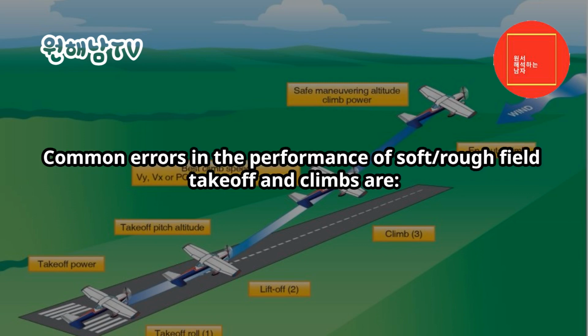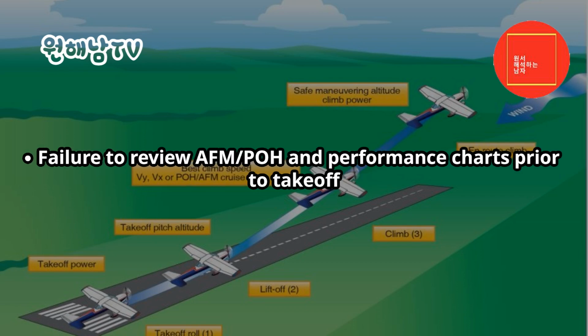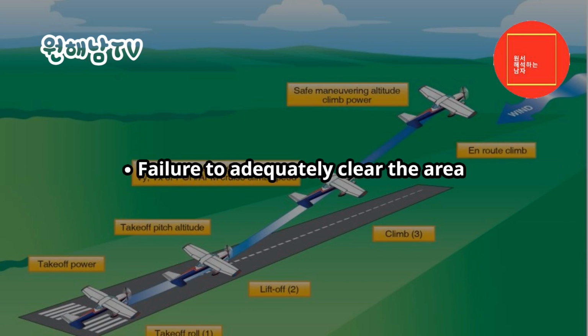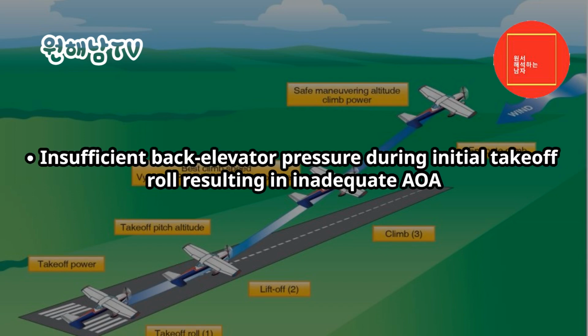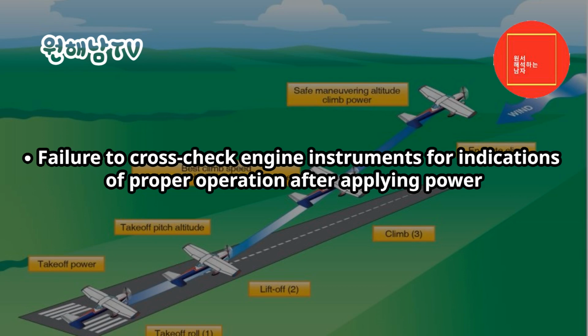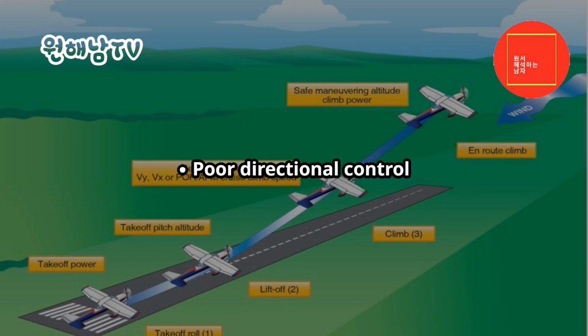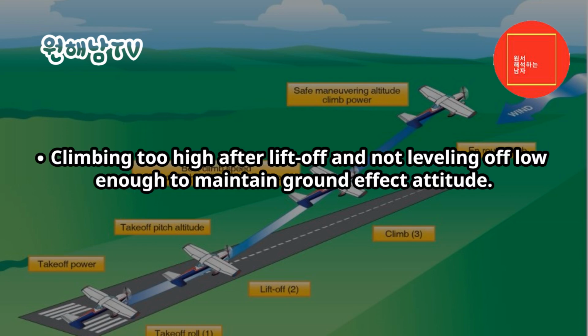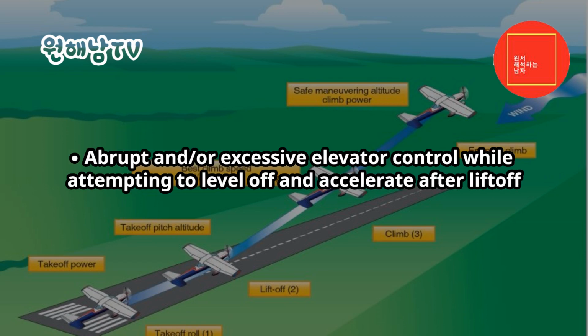Common errors in the performance of soft rough field takeoff and climbs are: failure to review a FMPOH and performance charts prior to takeoff, failure to adequately clear the area, insufficient back elevator pressure during initial takeoff roll resulting in inadequate AOA, failure to cross-check engine instruments for indications of proper operation after applying power, poor directional control, climbing too high after liftoff and not leveling off low enough to maintain ground effect attitude,